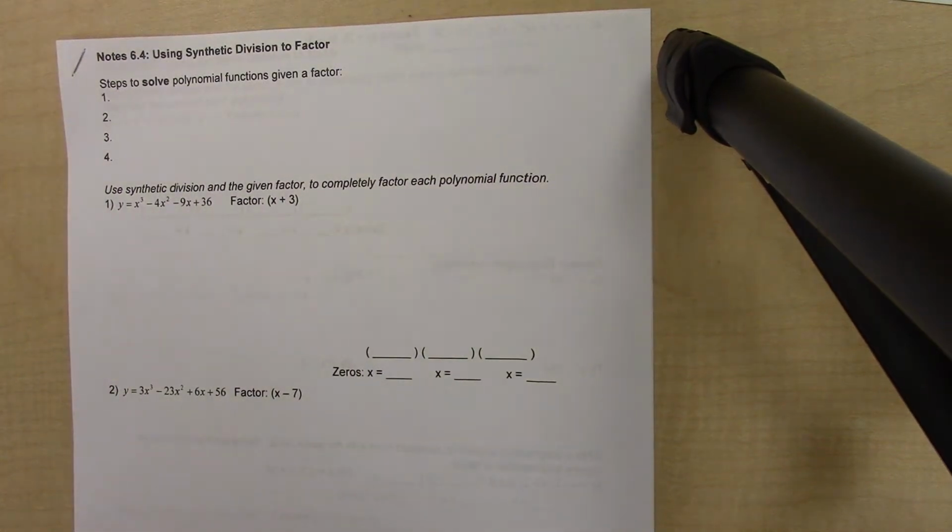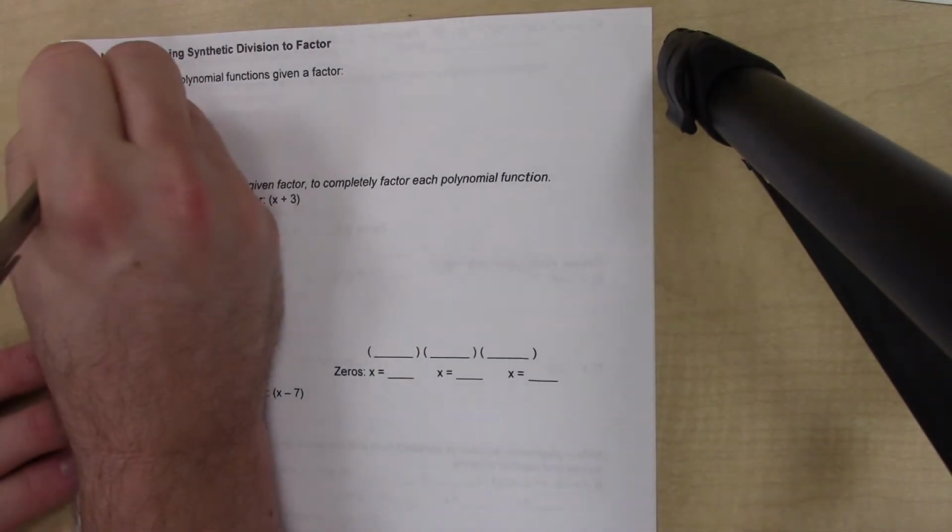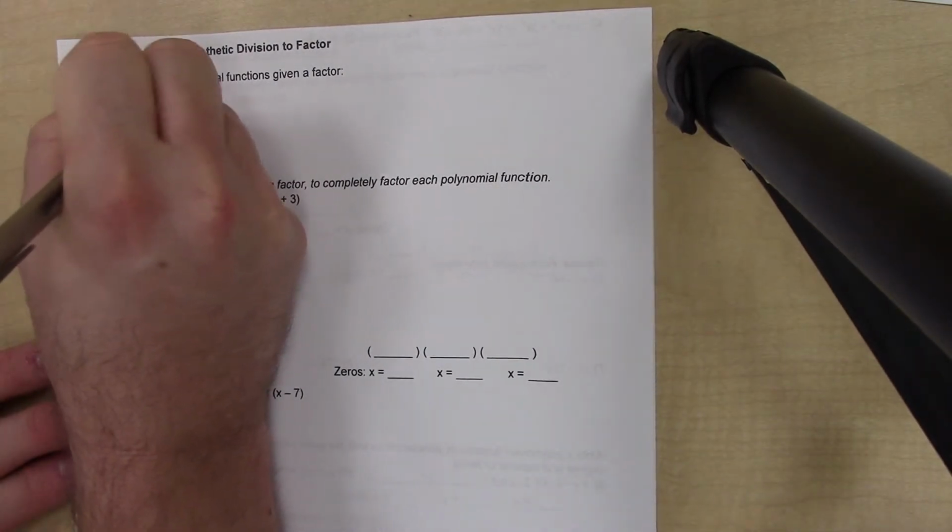So after yesterday, you're going to find this to be really easy. What I'm going to do here is go through number one, and go through the steps at the same time to show you how this works, okay? The first step, you could probably guess, because the directions say use synthetic division and the given factor to completely factor each polynomial, is to synthetically